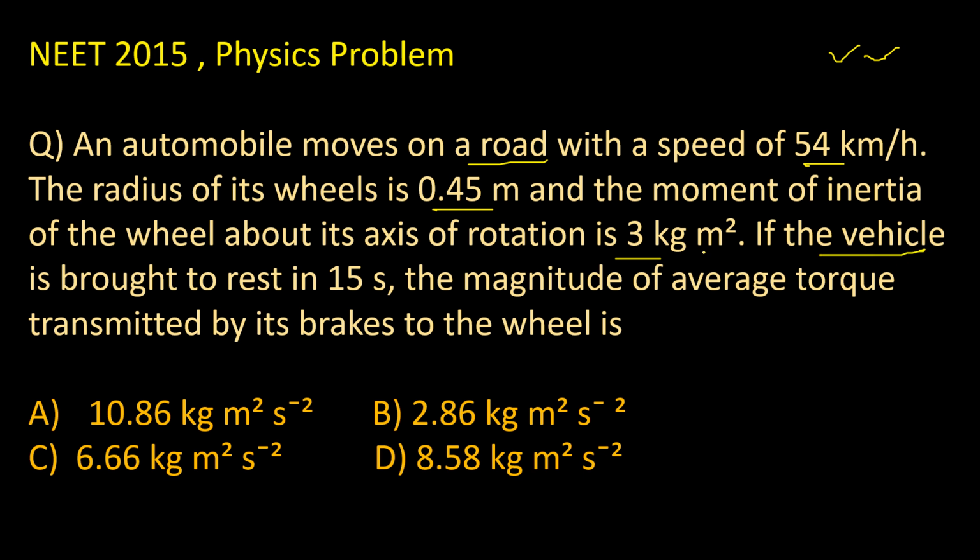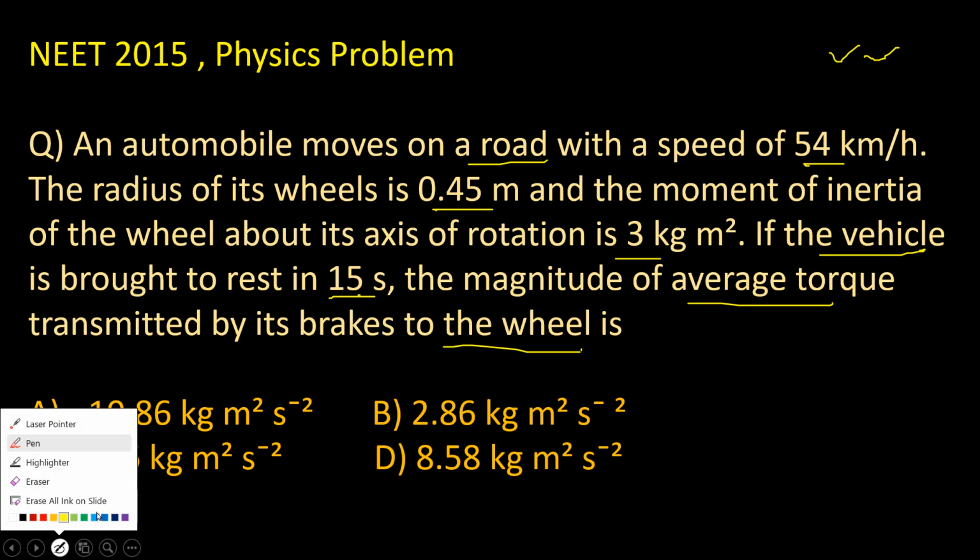If the vehicle is brought to rest in 15 seconds, the magnitude of average torque transmitted by its brakes to the wheel is. So here we need to find out,